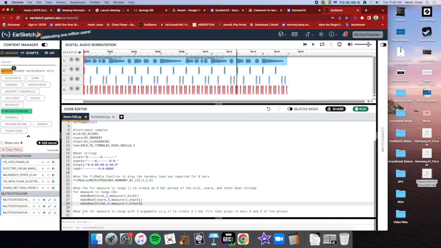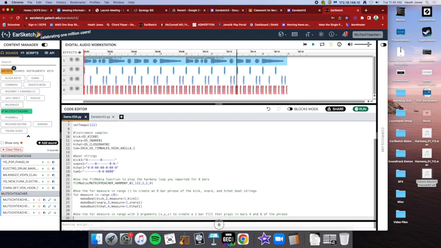Now, if you look now on line 30, it says use the 4-measure in range with 3 arguments, meaning there are going to be 3 numbers inside the parentheses to create a 1-bar fill that plays in bar 4 and bar 8 of the phrase. So I'm going to come to line 31, and in line 31 I'm going to type 4 measure in range